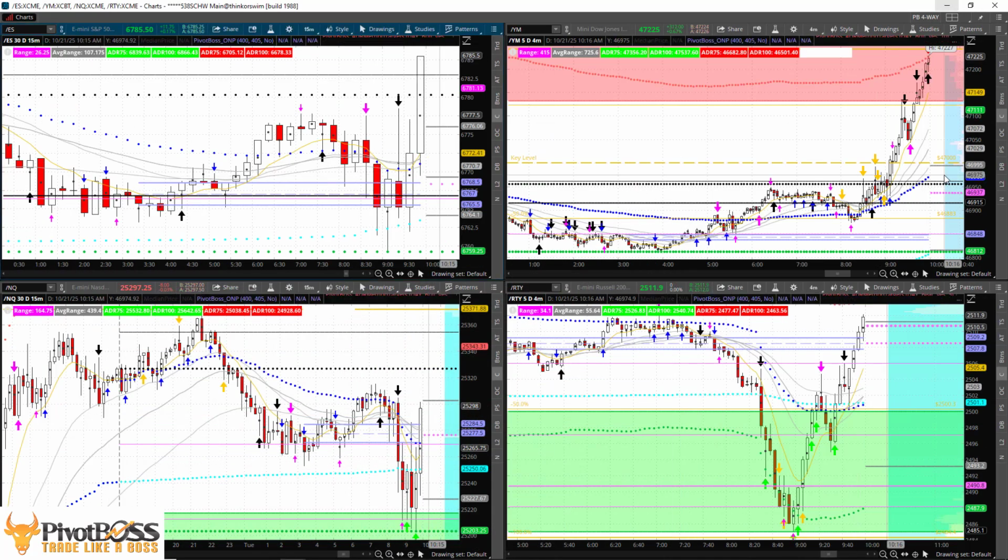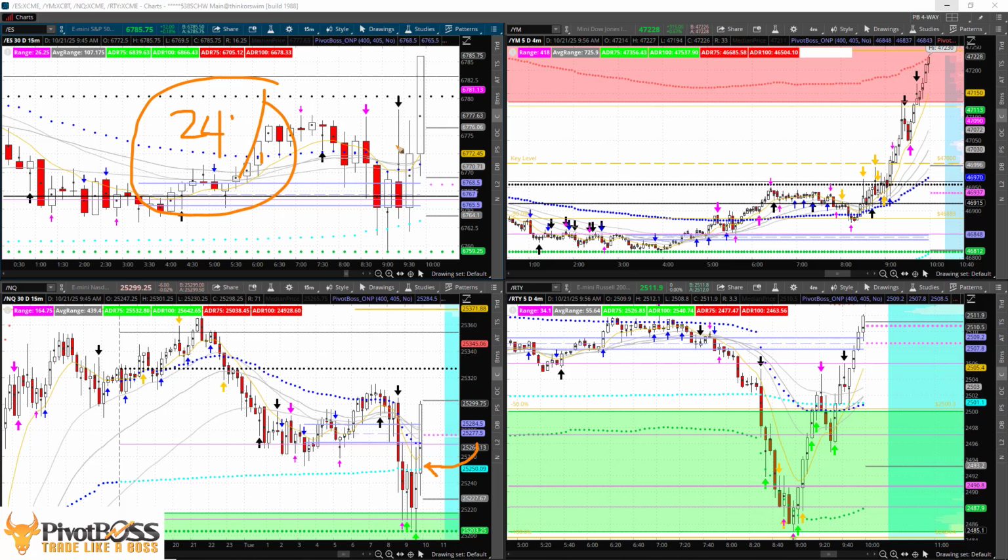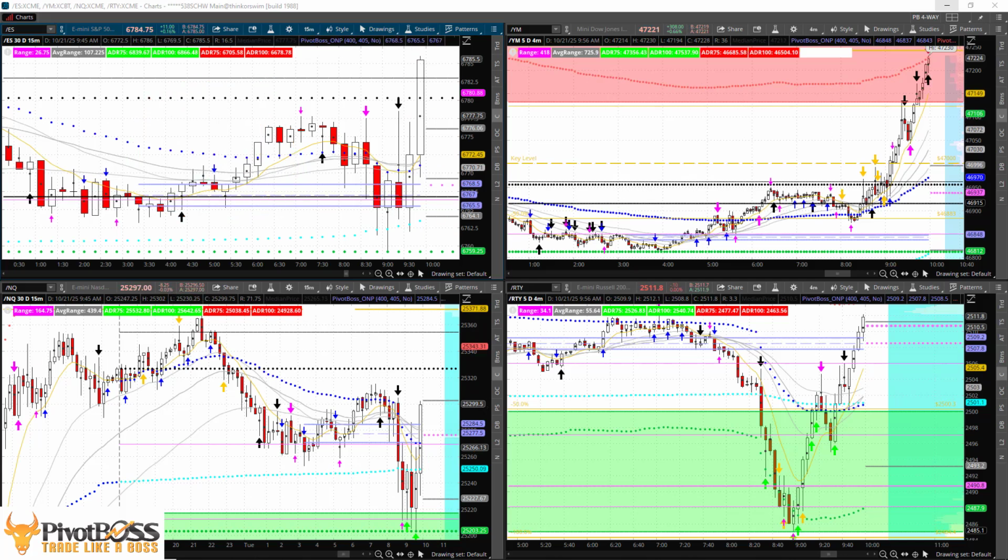Okay, let's take a look at the charts over here, because again, look at that big time push to the upside. I just got through saying how bearish it was, but I also got through saying how volatile it is as well. This thing can go back and forth to new highs and new lows when you're trading 24% of ADR. When you're trading 24% of ADR, we can continue to go back and forth in a heavy way. We still have an overall upward bias from the weekly perspective. If you weren't around yesterday morning,